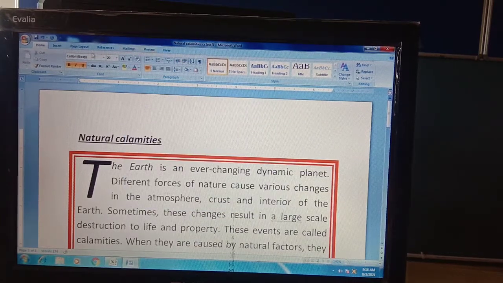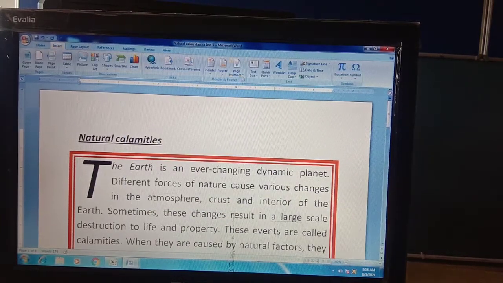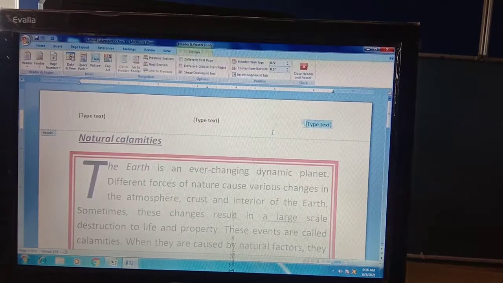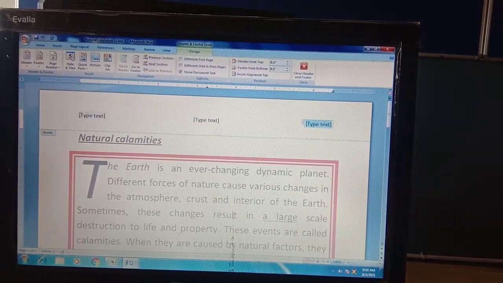Now let me show you again. Go to the Insert tab, and then in the Header option you can choose your style like this. Here you can type 3 things in your header. You can type anything. For example, I am typing something here like Horizon School.